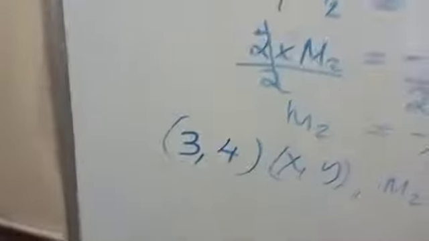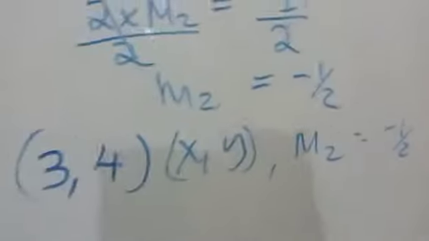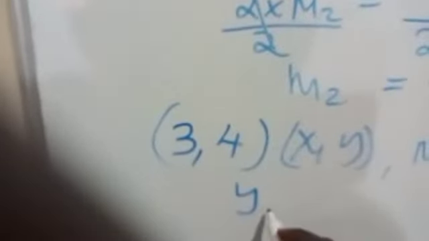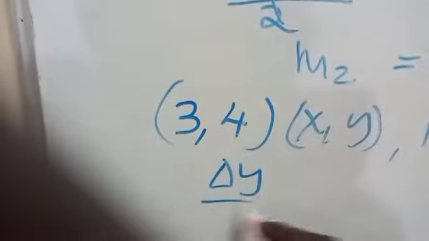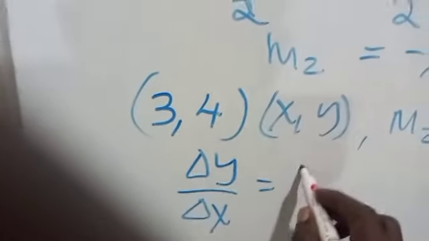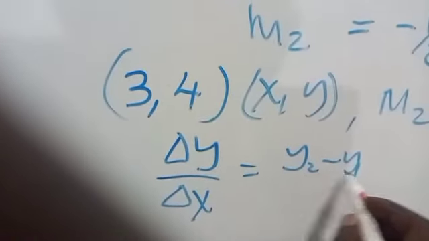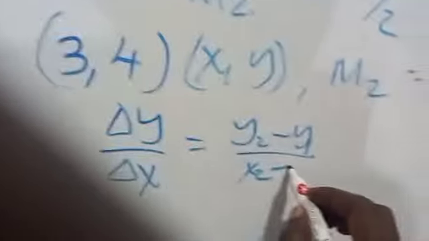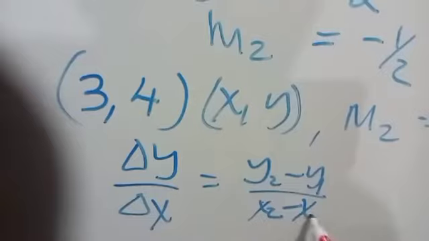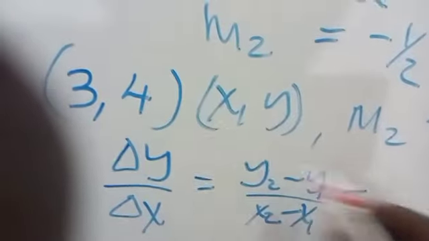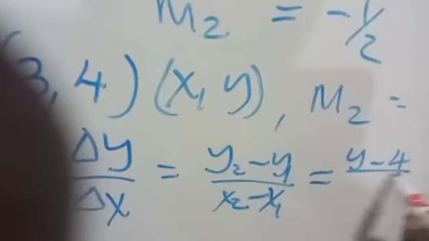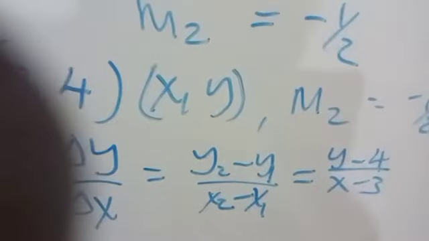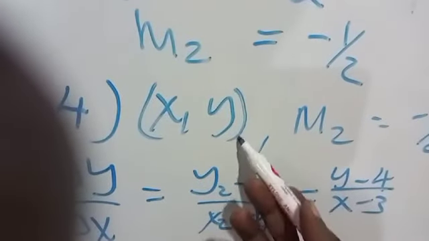Here we use the formula for finding the slope: change in y over change in x. This will be y2 minus y1 divided by x2 minus x1. So this one will be y minus 4 divided by x minus 3,